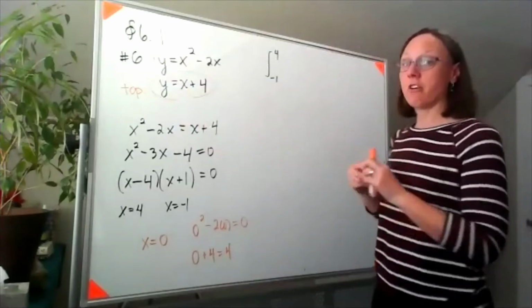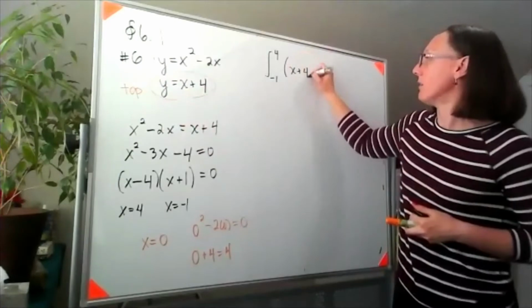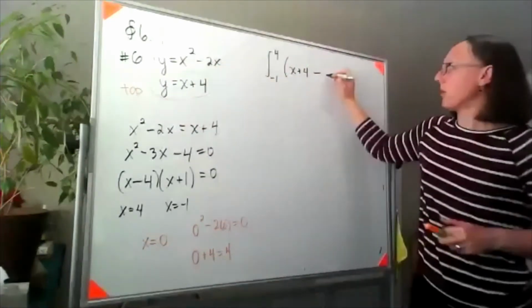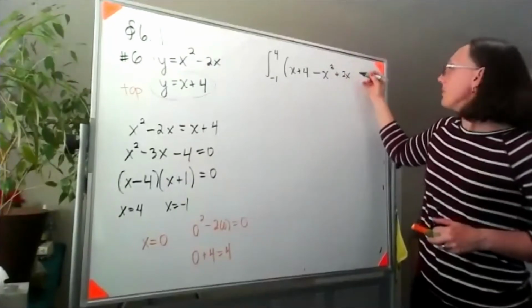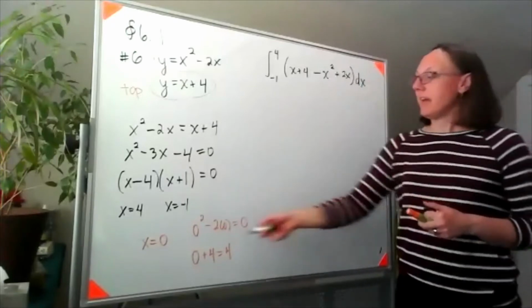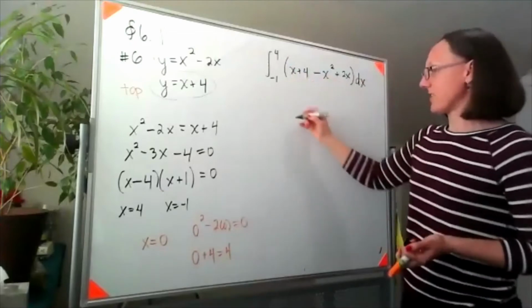So I can finish off setting up our integral and have x plus 4 minus, and because I'm subtracting this term, that's going to be a minus x squared plus 2x dx. If we didn't want to use this trick, and instead we were going to actually sketch this graph,